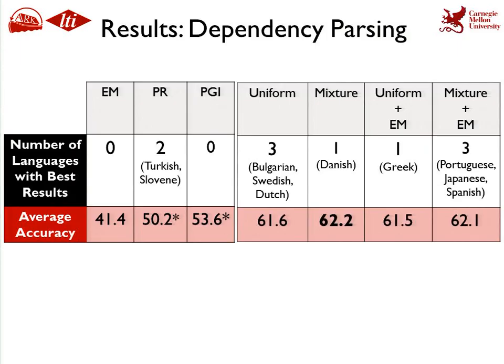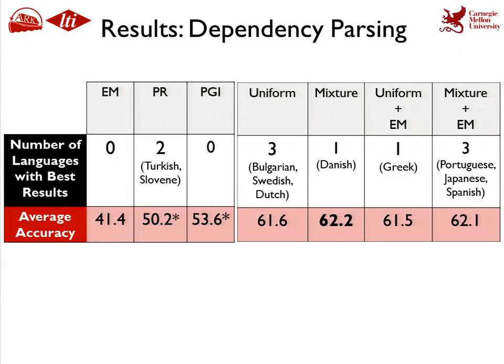The best results are in the low 60s, and in terms of the number of languages with best results, things are mixed. They are distributed strangely among our 4 versions of the model. Now, although our mixture model where we learn betas is the best, it is not much better than the model that uses uniform betas. So that's discouraging, but it also shows us that just using these interpolation weights blindly without any sort of tying parameters is not a great thing. So that paves a way for future research.